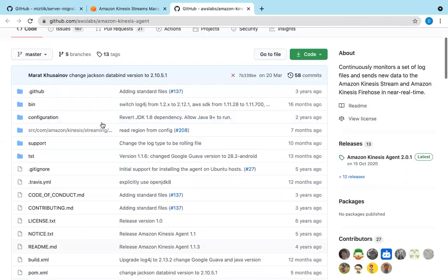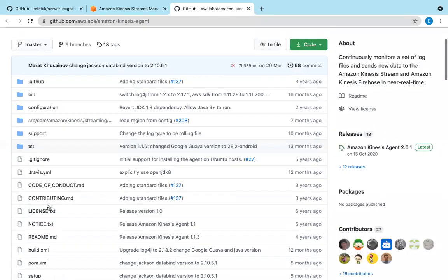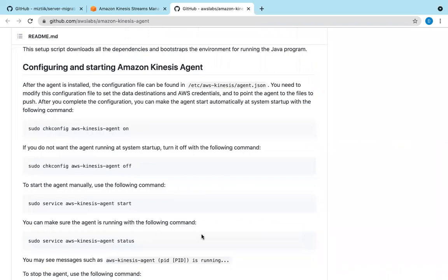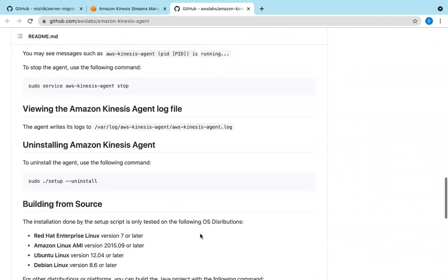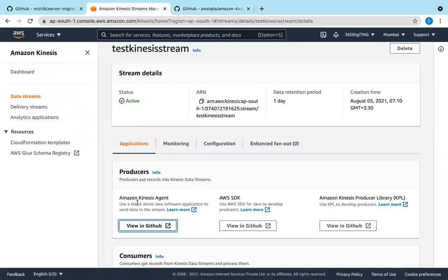This is the Kinesis agent. What the agent is doing is creating a log, and now you can use these log files as producers to Kinesis. So that's why the Amazon Kinesis agent is a Java software application that sends data to the stream.